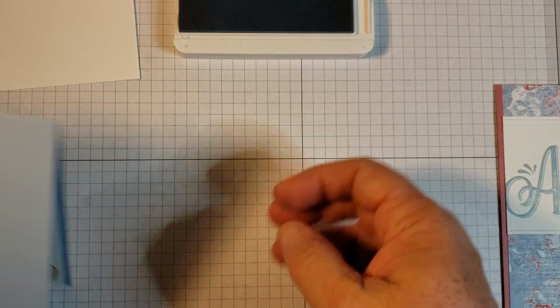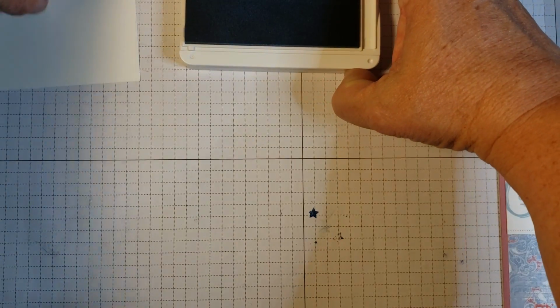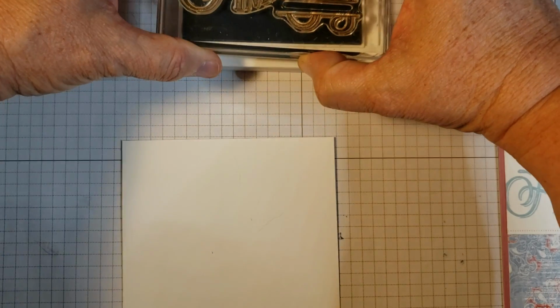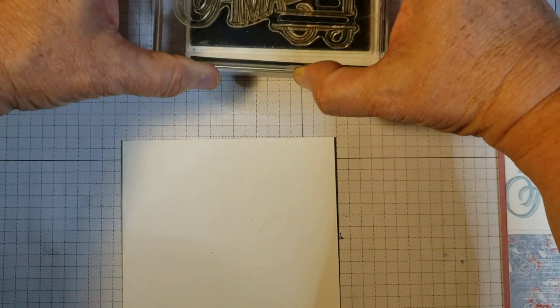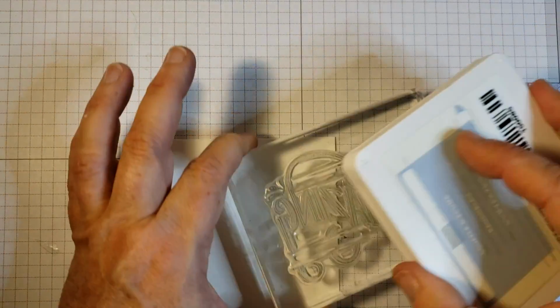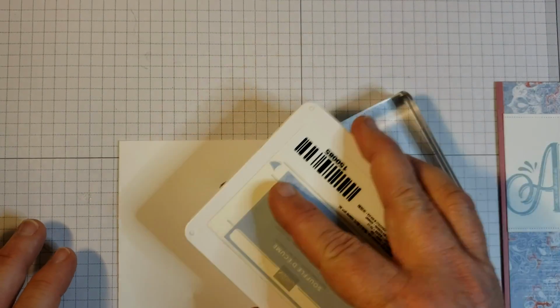Let's go ahead and set this off to the side, and I'm going to bring in my Seaside spray and the amazing stamp set or sentiment. And I'm going to clean this off because I was using it earlier and I'm not sure if I got everything off of there or not. So let's nice good clean. Your photopolymer stamps will stain, and let's go ahead and bring our ink pad down onto the stamp because this